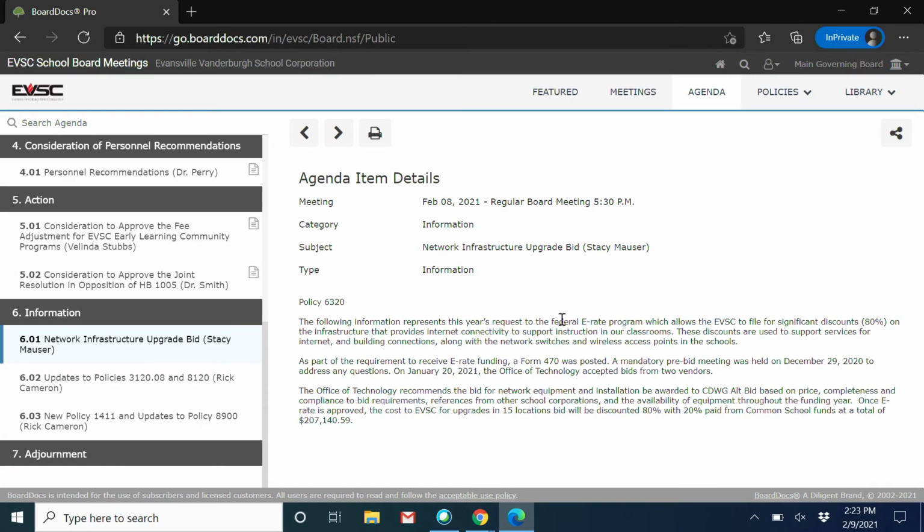So once again, and this is part of a federal E-rate program, and I won't read it for the audience that's gathered, but basically it details the expectations, it details the actions that have been taken to date, and then it also includes the recommendation that the Office of Technology has included, and then also it has what we would call a bid tab associated with it that informs board members about who bid and the pricing, and then basically the rubric for how